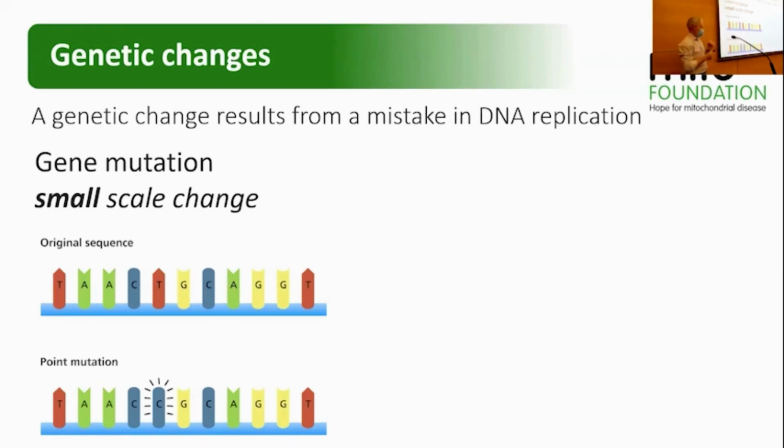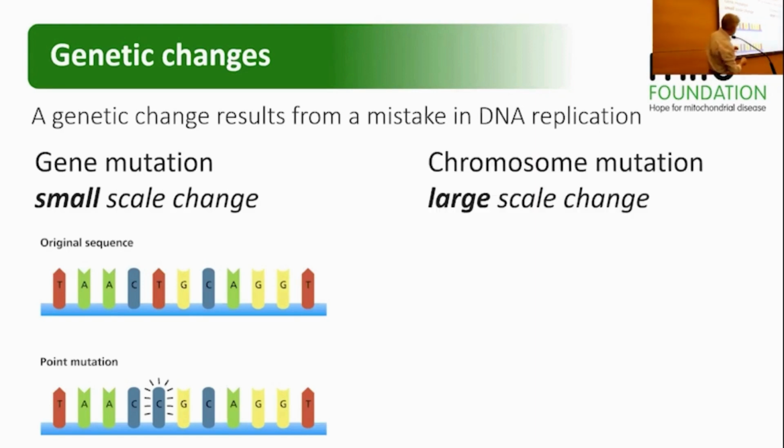That's a lot. I'm a little less cultured. I tend to go for the Harry Potter analogy where it's 5,000 copies, and we'll get onto that. But you've got this string of letters, and the simple changes are called point mutations or sometimes single nucleotide variants, SNVs. It's just one letter changing, from a T to a C, and that may or may not cause a problem. They're the most common causes of inherited disease.